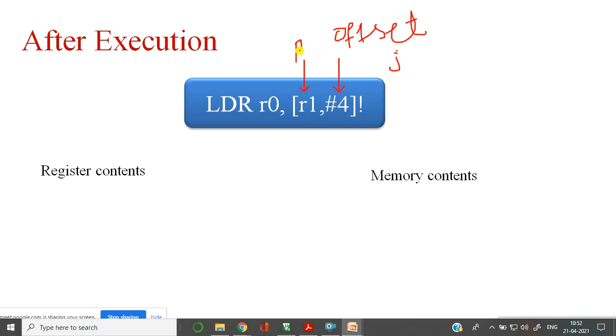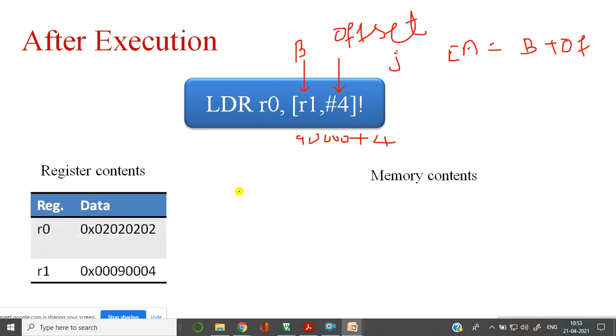So the effective address, EA, will be equal to base address plus offset. What is the base address? That is 9000, so 9000 plus 4. Where will it be pointing now? 9004. So that particular data should come and sit in my R0.